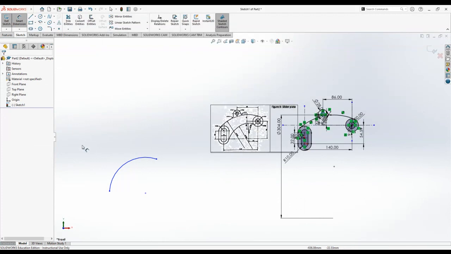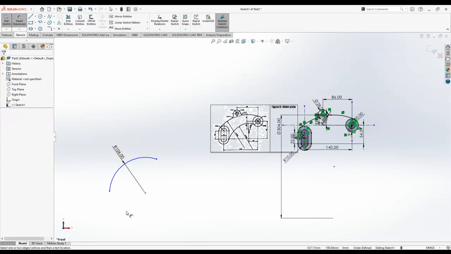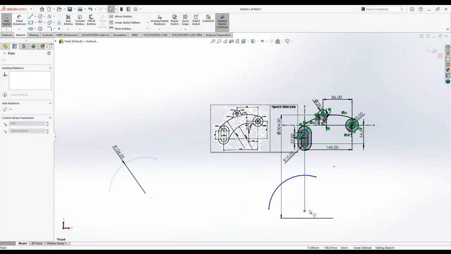And let's fix that radius. All right. Now bringing that arc from here to